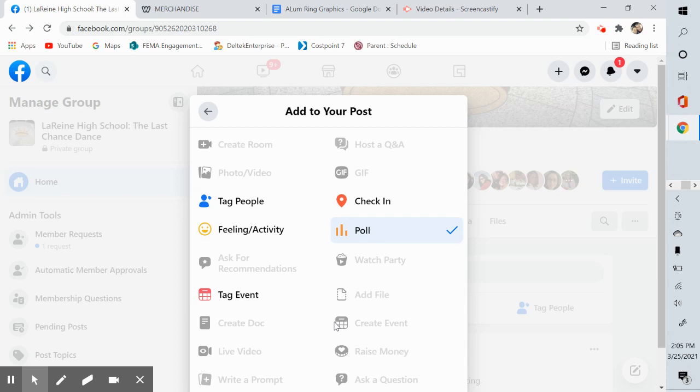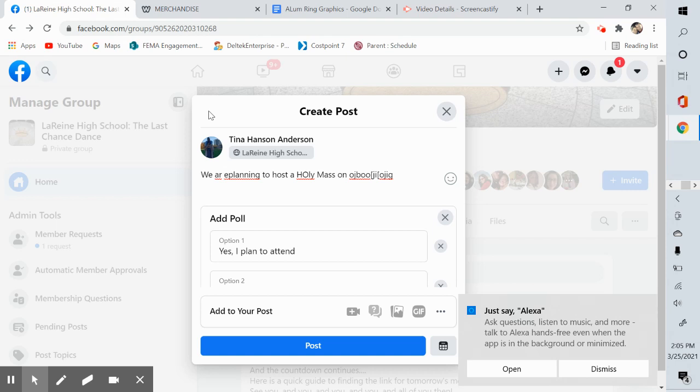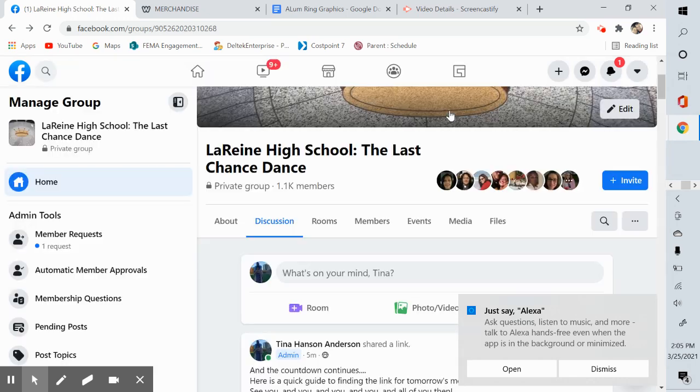There's so many other things that you can do with Facebook and with Zoom. I'll teach you guys how to do some of those things too. But this poll will make it really easy to get all you'll get is like a spreadsheet of information. I'm going to show you real quickly what one of the polls looks like